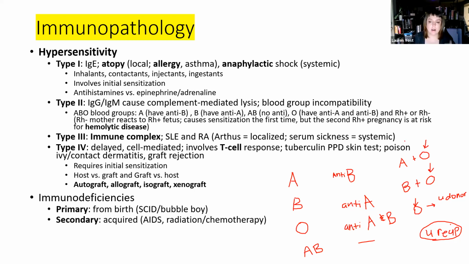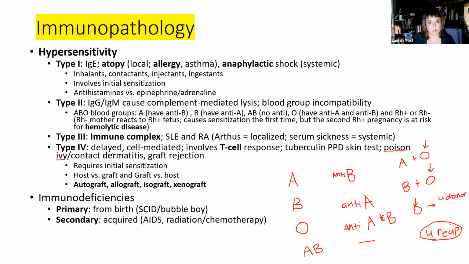What's a good example? Poison ivy, right? Oh, it's on here, I just read it. Poison ivy is a very good example, right? You first get poison ivy the very first time. You actually probably didn't know it the very first time because you had to get sensitized to it, just like we do with everything else. You had to see it the first time. It's the second time, the memory time, that things go wrong. That's true of a lot of these that we're talking about in this chapter.